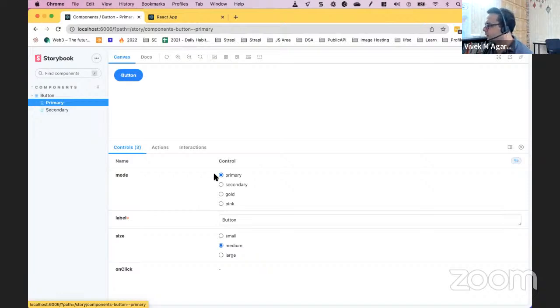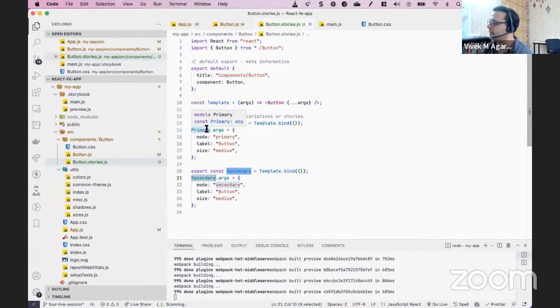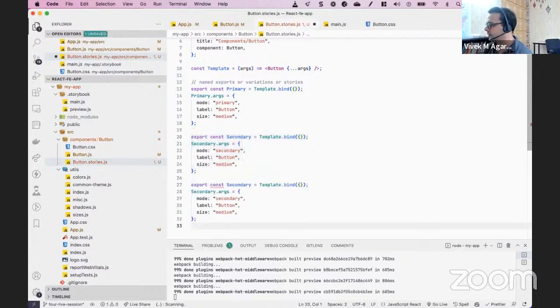प्राइमरी बटन का। और ये जो कंट्रोल है, ये कंट्रोल कहाँ से आ रहा है वो भी हम देखेंगे, और यहाँ से हम काफी चीजें चेंज करके भी देख सकते हैं। लेकिन सबसे मजे वाली बात यह है कि आप जितने परम्यूटेशन कॉम्बिनेशन हैं उनको बहुत इजीली शोकेस कर सकते हो। जैसे कि प्राइमरी बटन और सेकेंडरी बटन दे दिया हमने, फिर उसके बाद हम एक गोल्ड बटन दे देते हैं, और इस गोल्ड का मोड होगा गोल्ड।